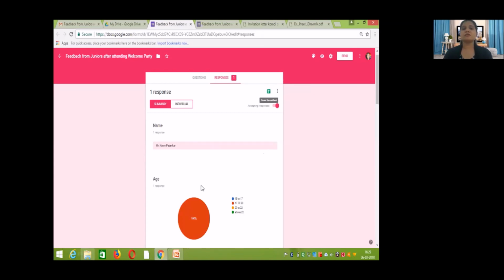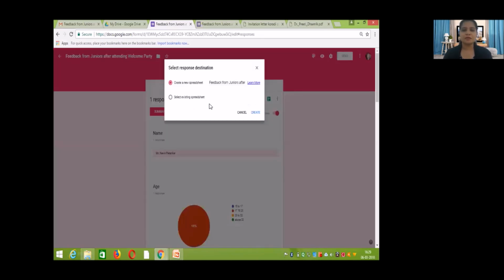This form you cannot download, but you can print this form. You can take screenshots and paste them in your PowerPoint presentation if you want to present any sort of research paper. So you can do that also. Now, if you want to create an Excel sheet of this whole data, there is one green option, see, this tab, that is nothing but create spreadsheet. So if you click on this green tab,